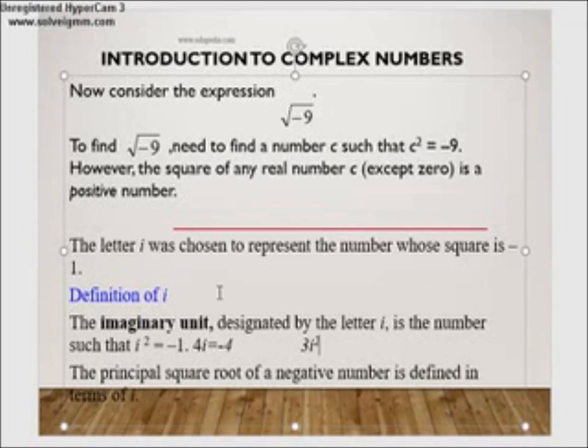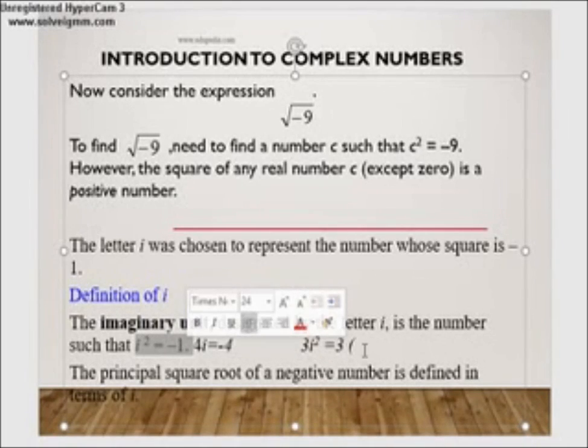So 3i squared, as you can see over here, will give you the answer, and that would be 3 multiplied by 3. Basically a product will be given, multiplication will be done between 3 and whatever is i squared. Now we see over here that i squared is equal to -1. So if we break this equation down, it will be 3, and then over here we will get -1,